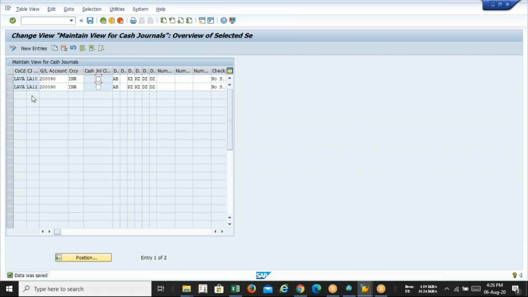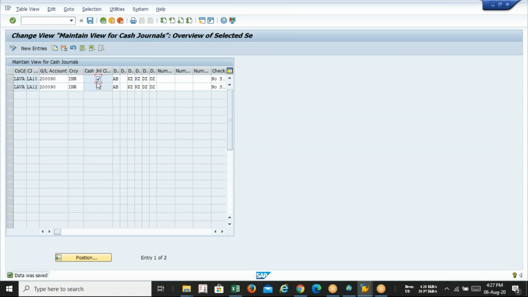Since it is a matter of cash, most companies decide to close the old cash journal for the old cashier and create a new cash journal for the new cashier, so that transparency will be there, because cash cannot be traced. It totally depends on your trust. Banking transactions you cannot hide, but cash cannot be traced. That's why in your system you should configure something so that you can easily trace the difference of cash transactions between the old cashier and the new cashier.